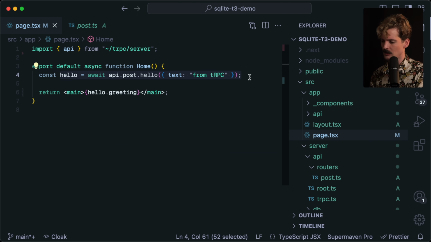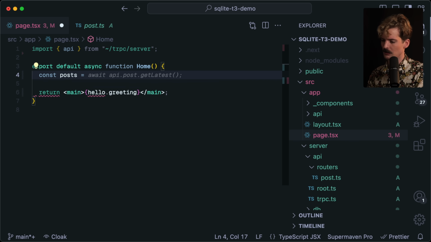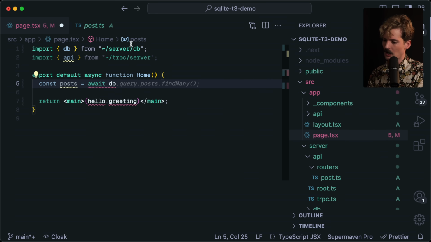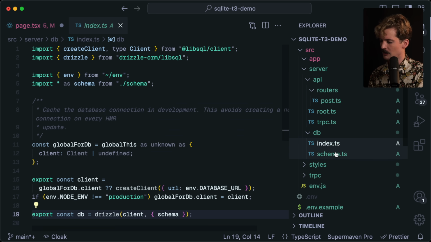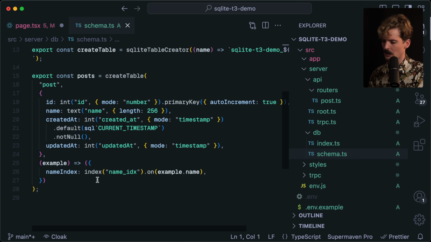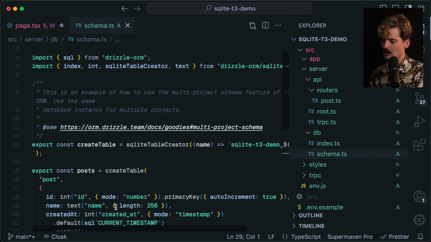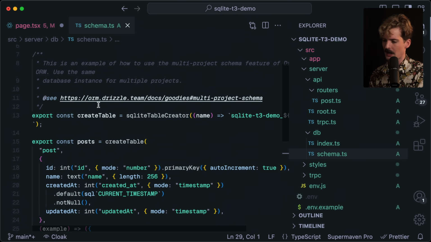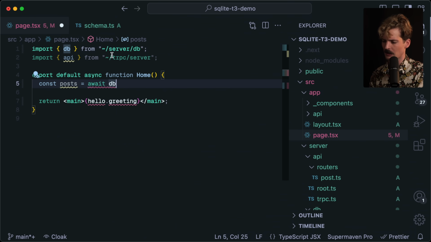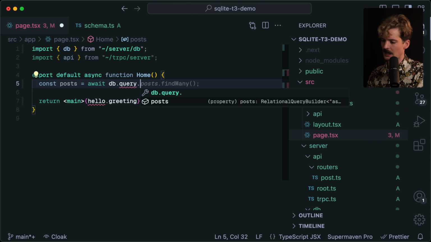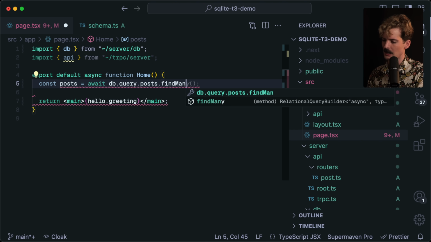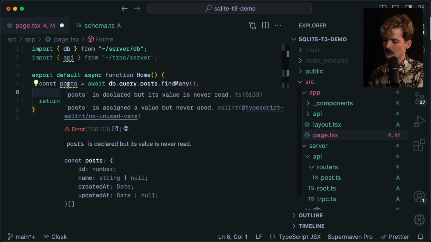So I will change this accordingly. We'll do posts equals await DB, which is our Drizzle database function. If you go to the schema, you can see the database schema as well, which just has ID, name, created at, and updated at for all of the posts. I could just call SQL directly, but I don't feel like setting that up here. So instead, we're going to use the Drizzle ORM with default stuff, db.query.posts.findMany. So now we have posts, which is an array with ID, name, created at, updated at,